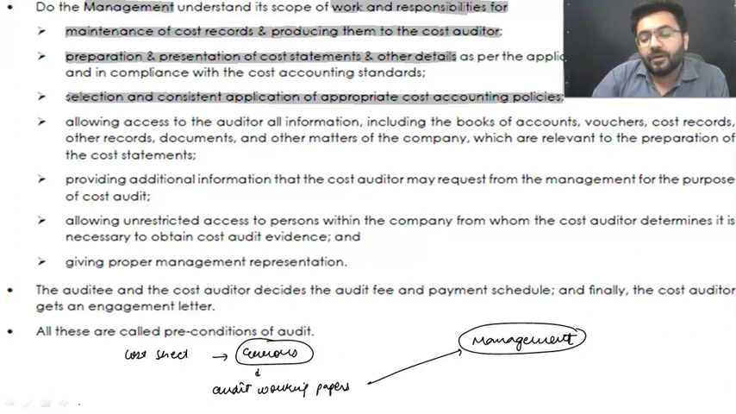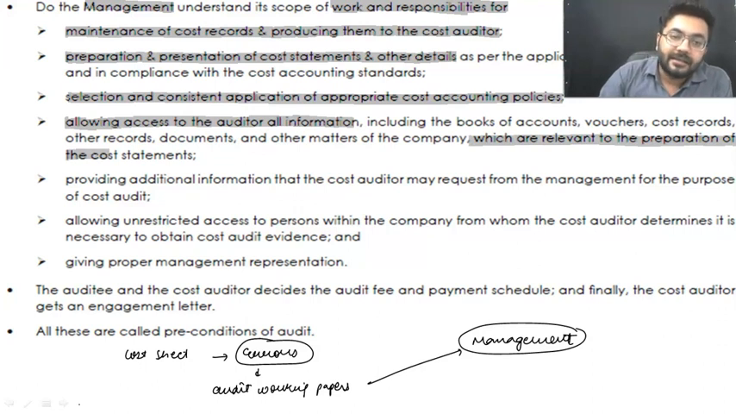Right? And apart from that, if the cost auditor wants to look at the books of accounts or the cost records or any other relevant documents of the company, which may be supportive of the cost records, the management should be responsible for allowing the auditor access to each and every piece of information which is relevant for the purpose. The next is